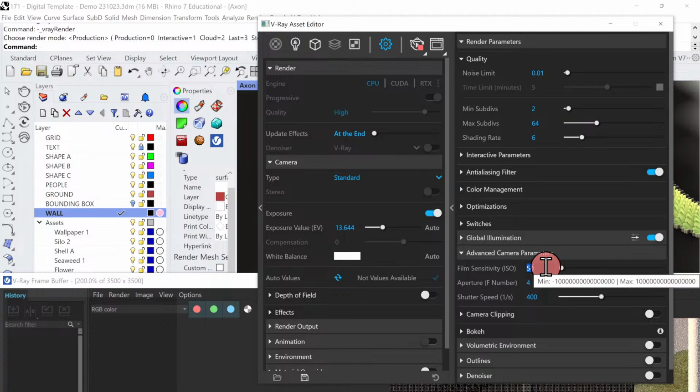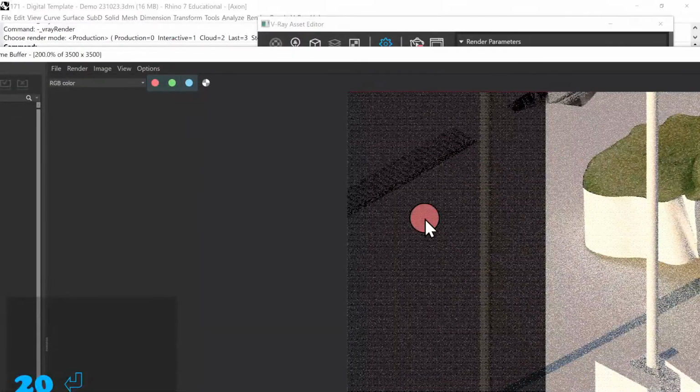So say f-stop, if I make this small, or the ISO, if I make this smaller, it'll let in less light or be like faster film, and this image here will start to get darker. It's going really slow with the streaming, but